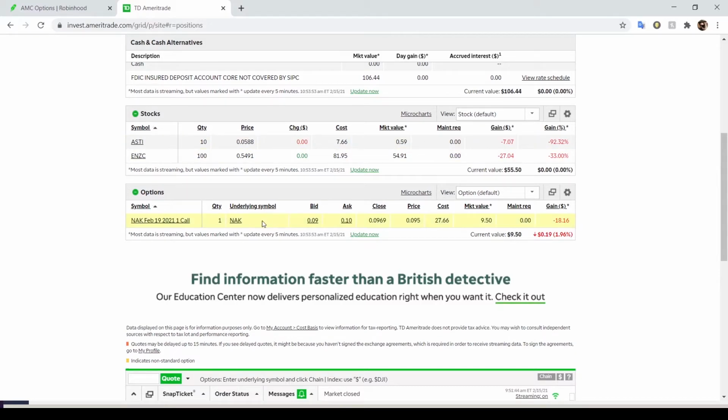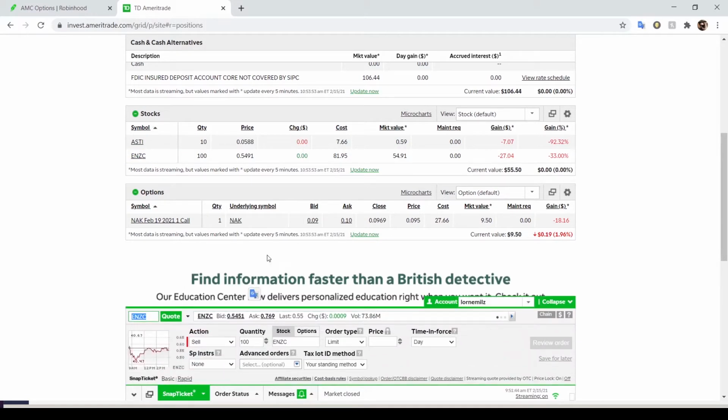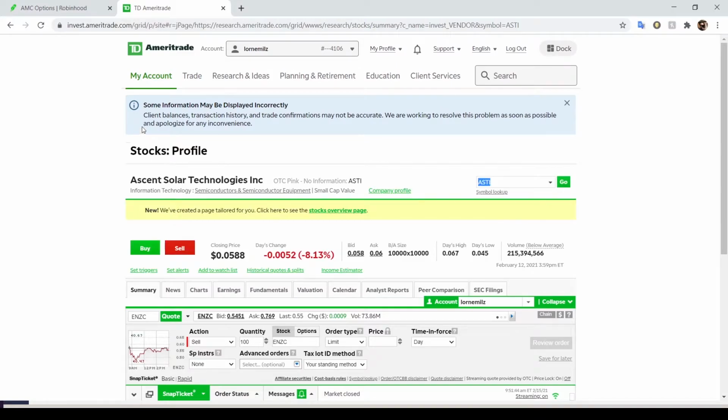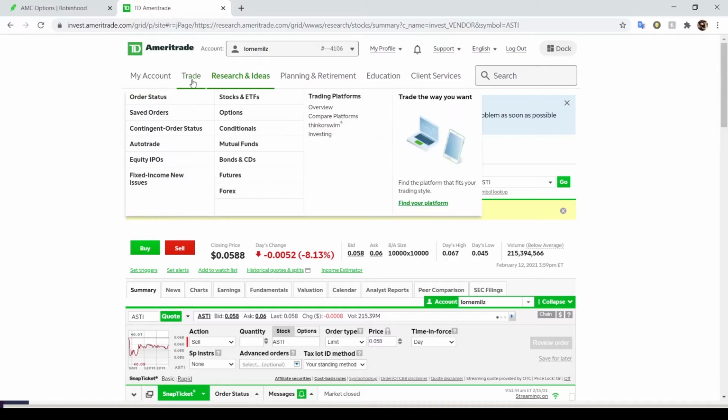You can see your options and stuff here. Closing out a position, if I wanted to sell it, I find it a little bit more difficult. You kind of have to know what you're going for. So your sell action, how many, sits at 100. I don't have 100 of these to sell usually, and this one I actually do. Let's say I were to close out this guy here. It kind of auto fills it for you. Doesn't tell me how many I want to sell. Then you've got to know your limit price you're putting in, time in force, day plus extended. So it's not as easy for just a layman to do,